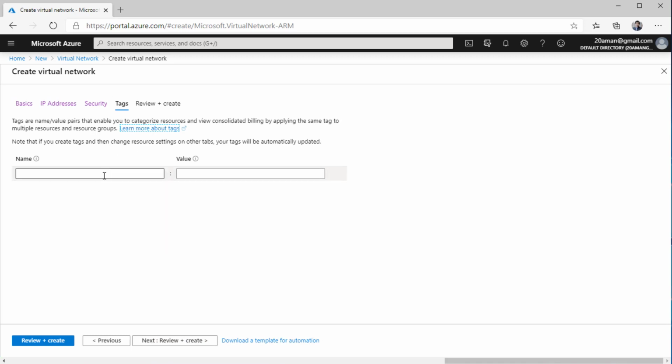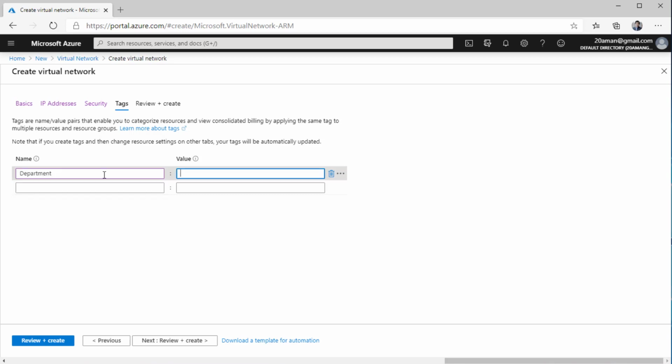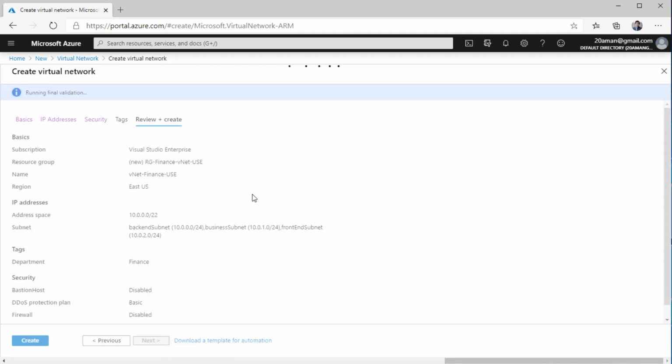You should always try to have tags. Tags is nothing but a key value pair which are used to categorize your resources. These help later on in the billing of the resources. If you want to categorize the resources, let's say based on the department, and you want to bill all the resources that this particular department has, you can do so if you have applied appropriate tags while creation of the resources. You can also update the tags after the creation of the resources. I'll hit next to review all these settings.